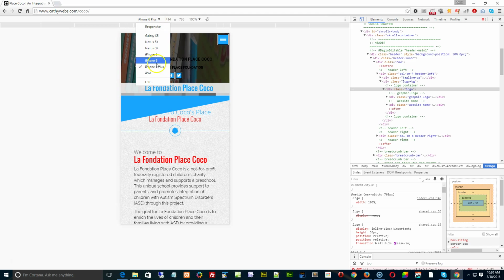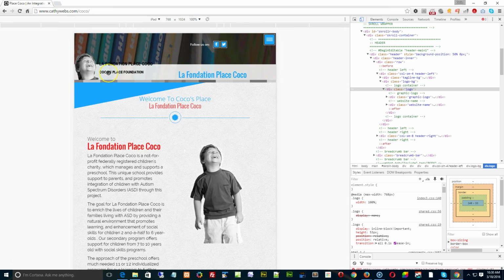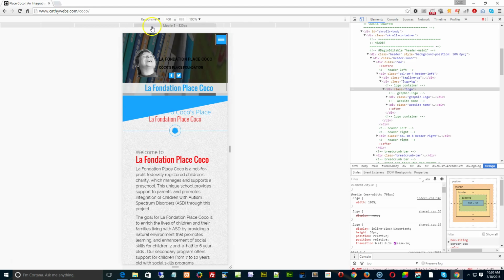That's the phone. So then we go up to an iPad. You see how we have the text here and it's sort of split? We'd have a logo specifically for iPad, where the text is lower than it would be on a desktop. And then we would have,